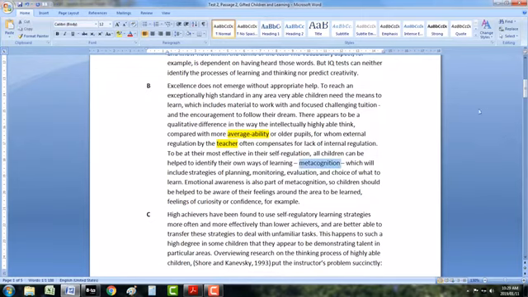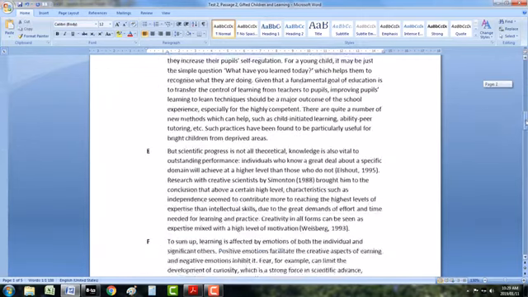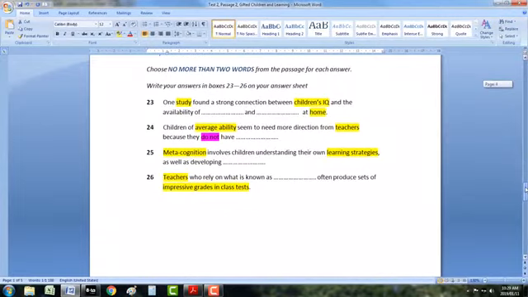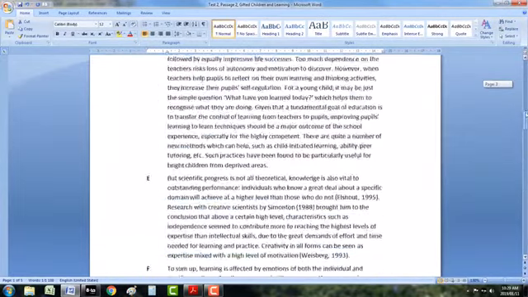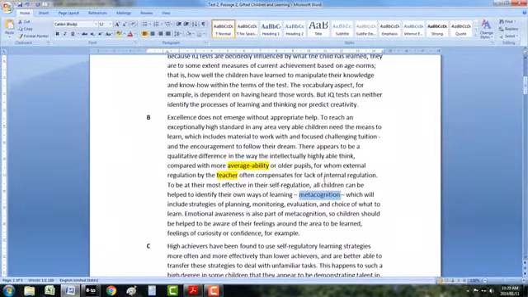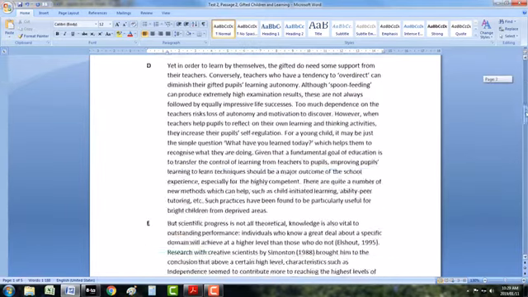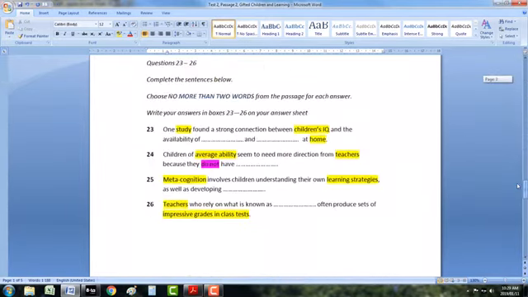Immediately I can see metacognition over there. So that's good news. We're looking for metacognition and learning strategies. So here they introduce metacognition. Very nice. And there's strategies. That's great. There's metacognition again. So make sure, especially with reading 2 and 3, don't find the one and then stop. Continue, because they know that you're doing it and they're trying to trick you that way. Continue to scan a little bit further.